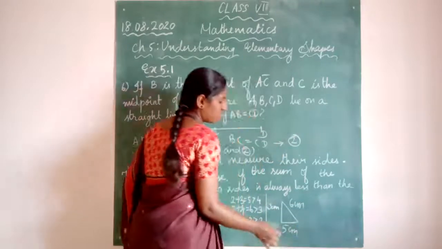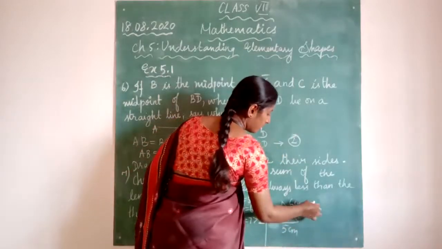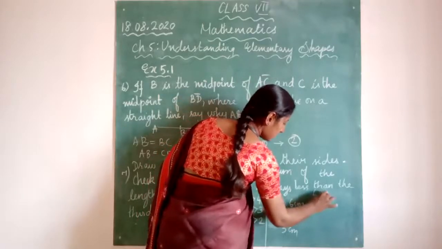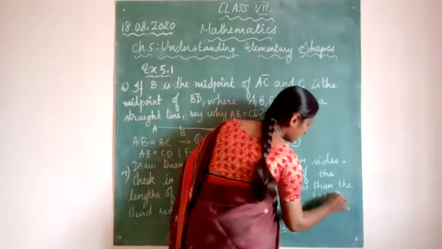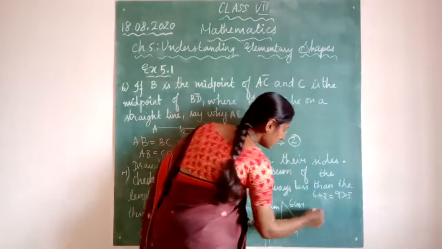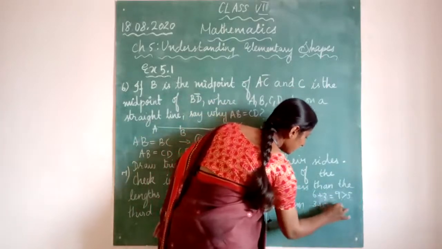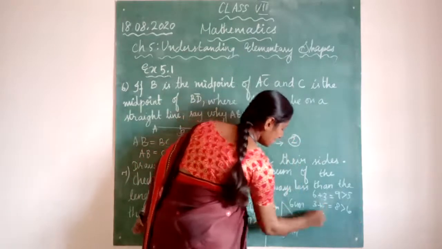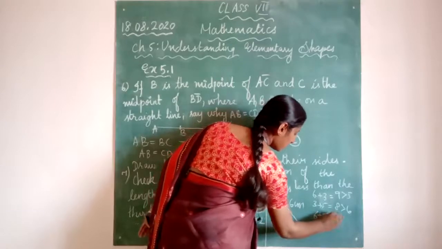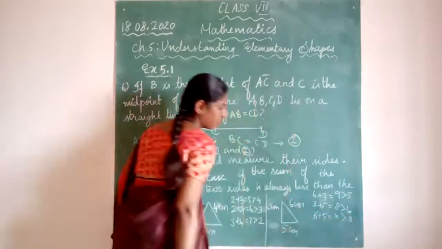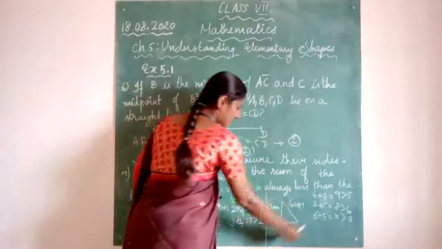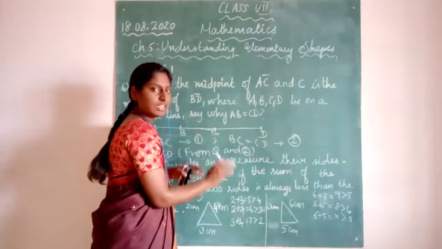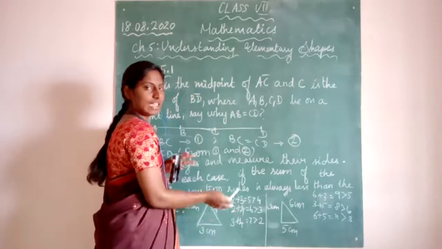Okay. So now look here. You have 6 plus 3 equal to 9 greater than 5. Then 3 plus 5 equal to 8 greater than 6. Third side. Okay. Then you have 6 plus 5 equal to 11 greater than 3. Okay. So in both the cases we can see that when we add any two sides of the triangle, it is compulsorily, it is obviously greater than the third side.